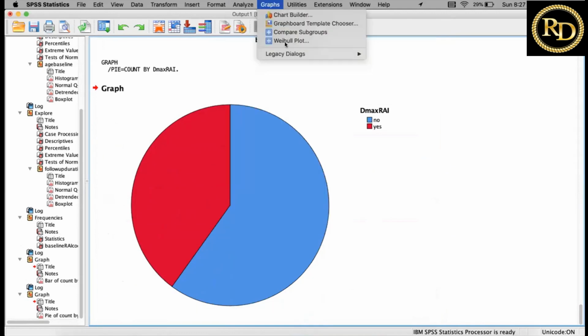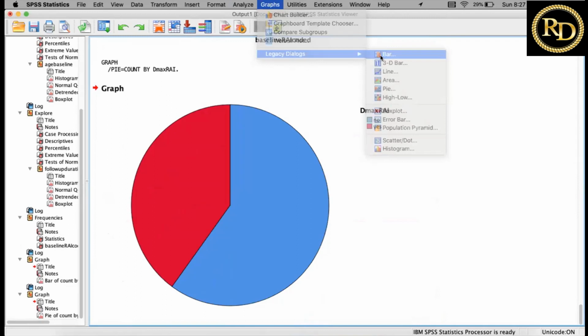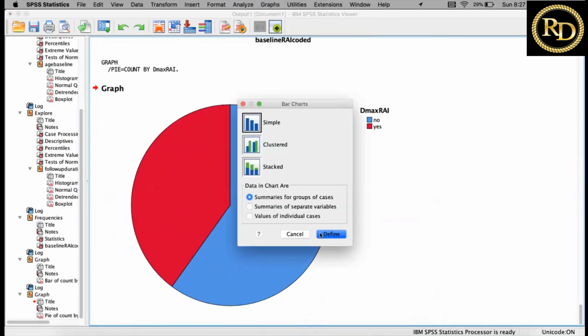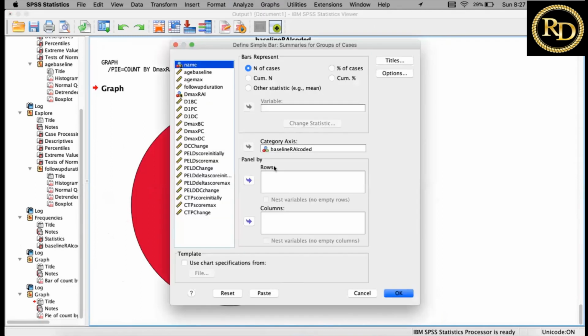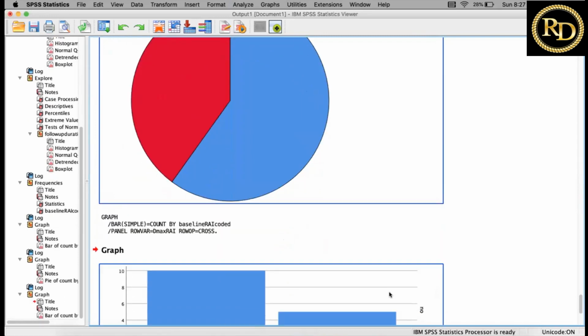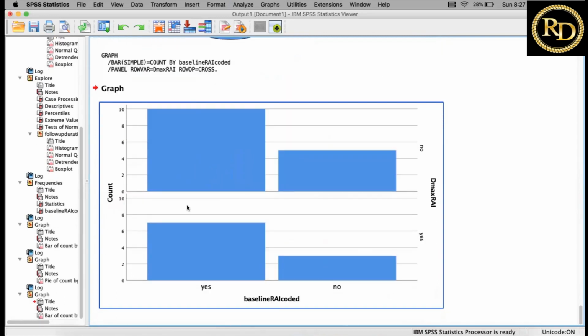Then one more kind of bar chart that I have discussed is the clustered bar chart. And in this clustered bar chart, in the row you have to put one variable, and it will give you the clustered bar chart like this.